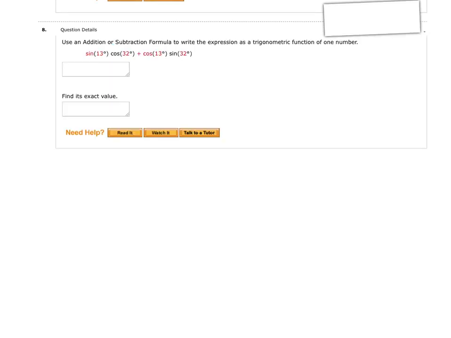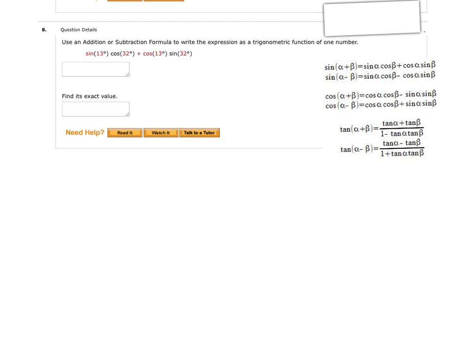All right, next up here, I'm going to be doing number 8, and that's kind of similar to number 7, so that'll help you with that. Let me get my formulas. All right, so first thing I want to do on this one is, it looks like the expanded version of one of these formulas. I'd say it looks very much like the expanded version of this formula, and so I'm going to switch it back, kind of going that direction. And so I can kind of put this all together here as